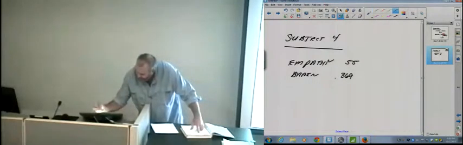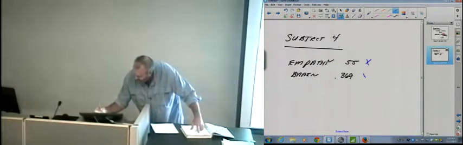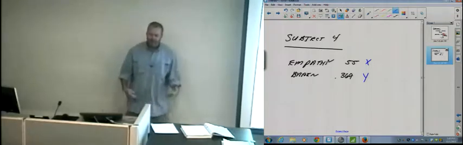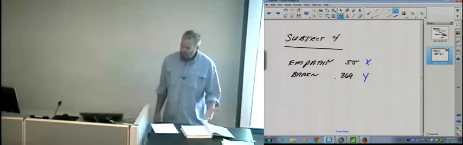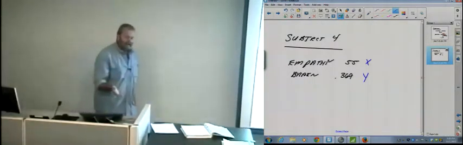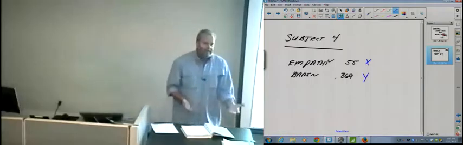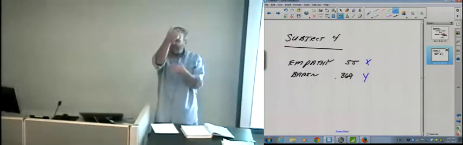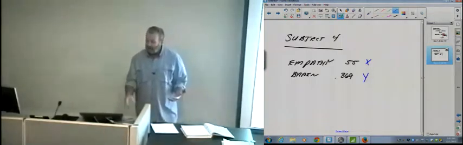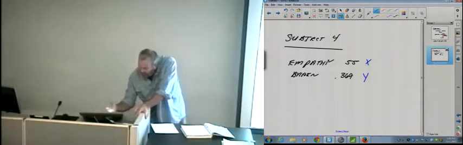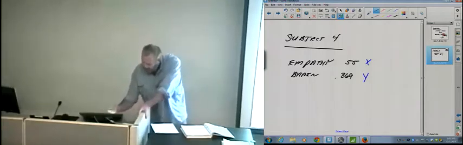Now, at this point, I'm hoping you understand that's the X and that's the Y, right? For that one particular individual in the data set, the empathy score was 55, the brain activity was 0.369. What I would like to do is for subject 4, I would like to calculate the residual. I'd like to calculate the vertical distance that point is from the line, right? So, if somebody asks you for the residual for a particular subject,